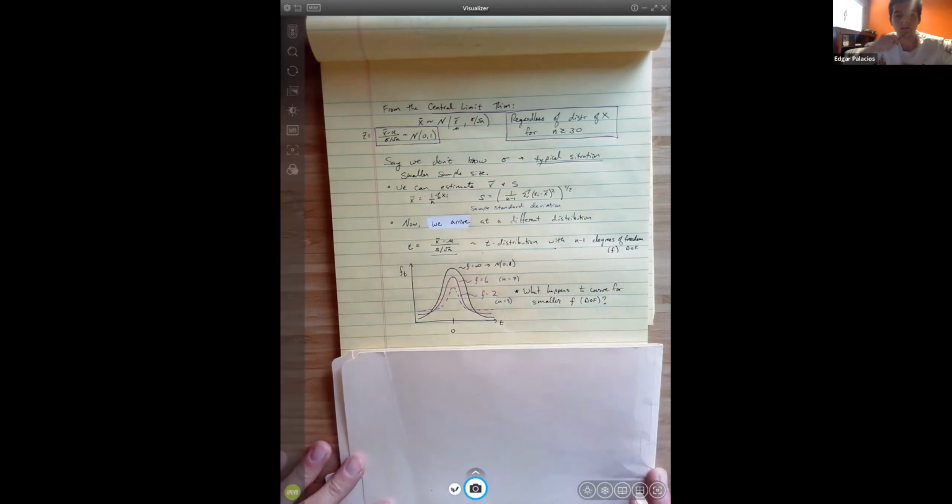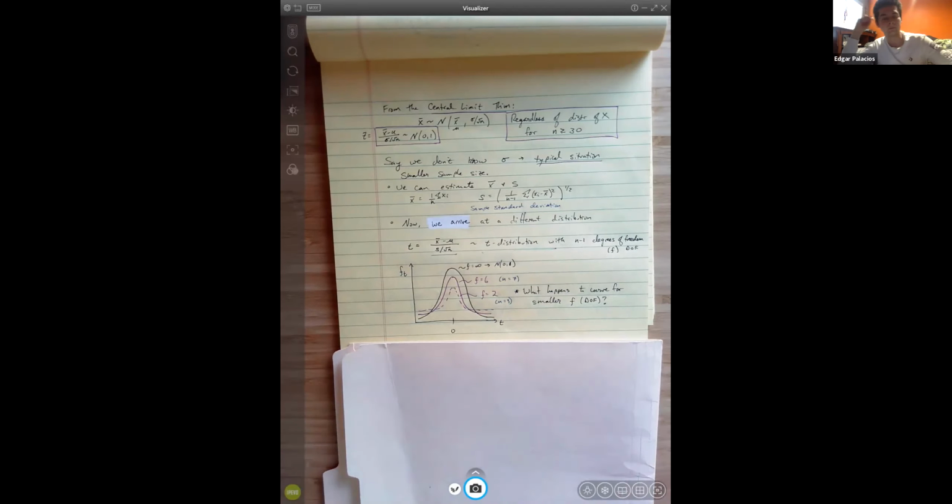Wait, can you say that again? So the less samples we have, the farther away we get from the true mean. Yeah. The idea is, if we can think about it this way, if we want to compare, say we